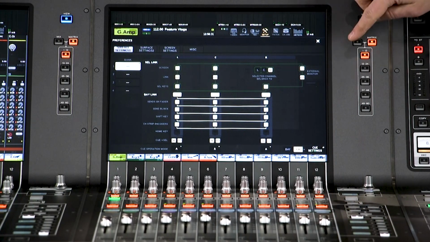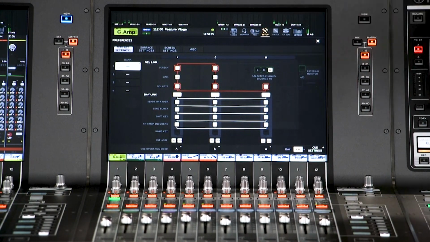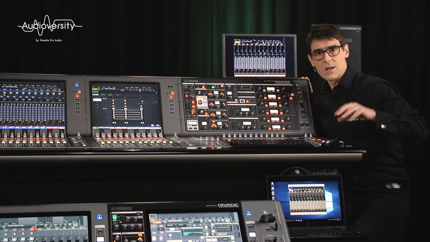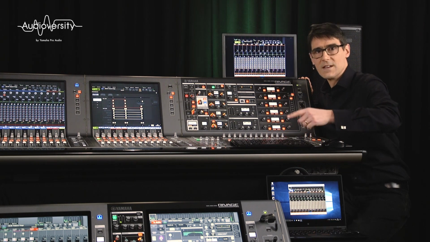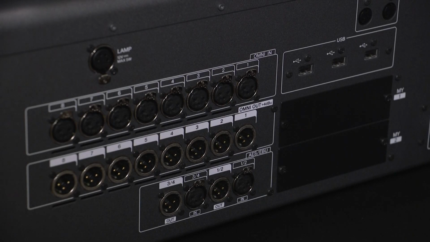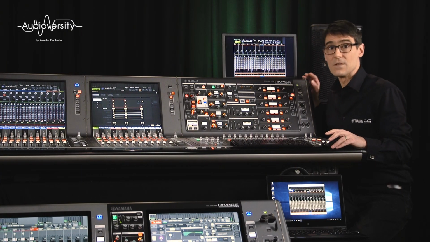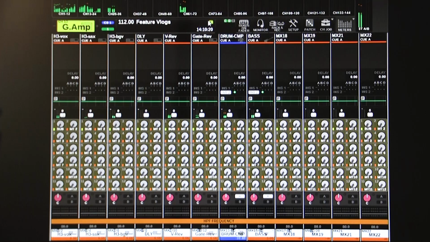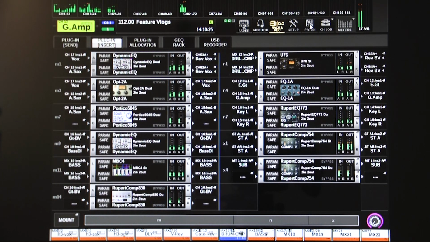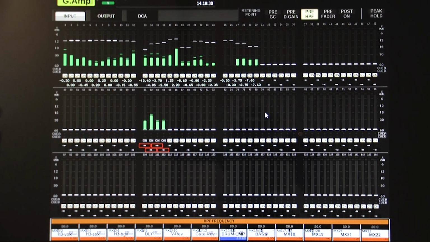See, you can choose to link it to the fader bay and a selected channel if you wish, or separate it. Now would be a good time to connect a USB mouse and keyboard to the rear panel of the console. There are 3 USB ports for such items. Now you can navigate around the screen and select any view you like, such as scene memories, plug-in effects, and level meters, for example.